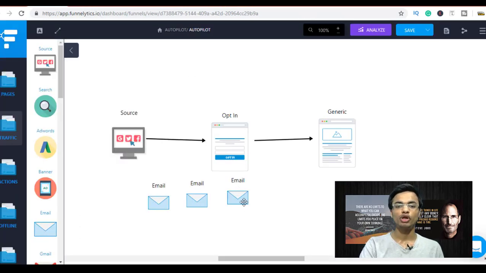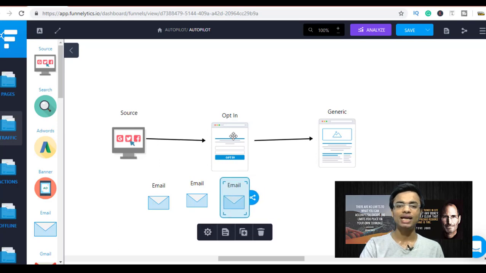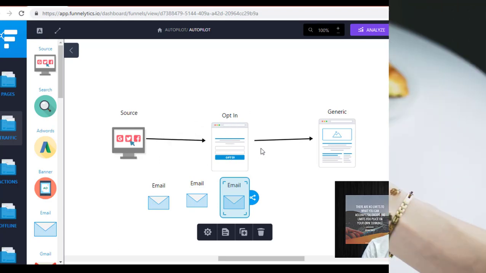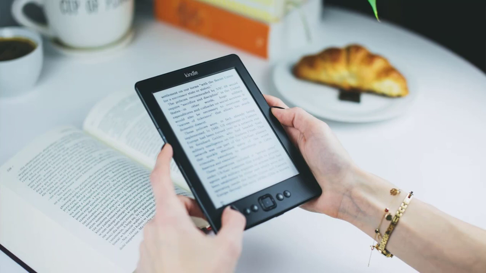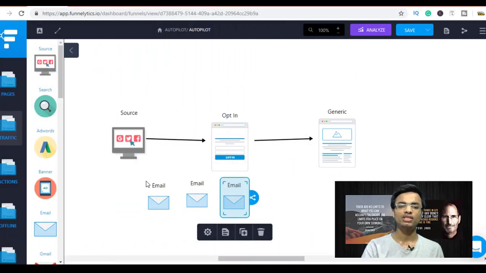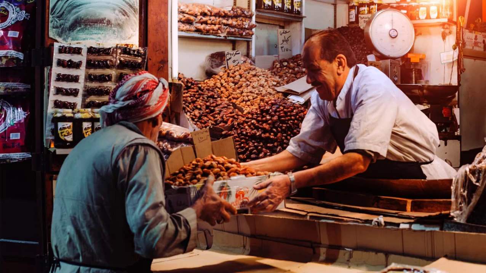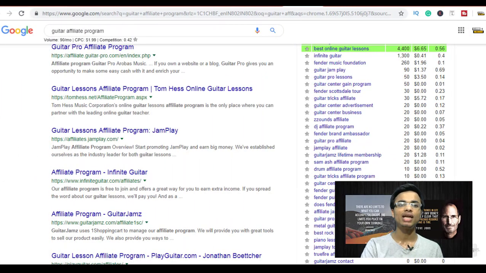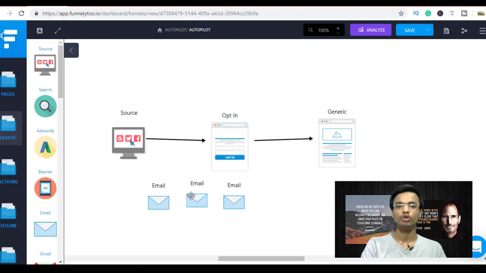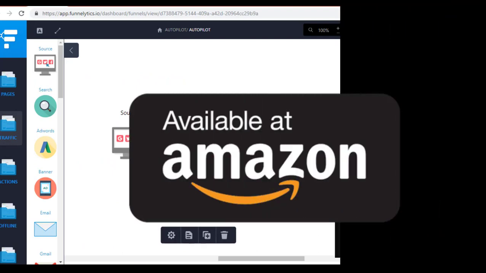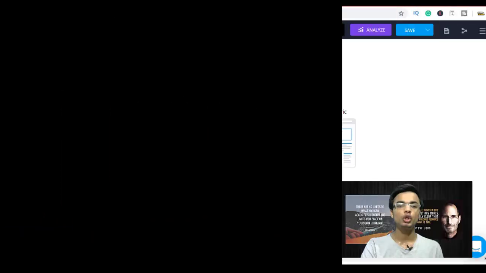So what you are going to do is start collecting emails on this opt-in page, and then send them emails. For example, on the first day, you promised them that if they give their email address, you are going to give them a free ebook of, like, 7 tips to play guitar like a pro. So you deliver that free ebook on the first day, and on the second day you can give them some more tips on how to play the guitar in a better way. Then on the third day you can start selling them a guitar course, or maybe you can start selling them a guitar. You can tell them, hey, this is a really nice guitar, if you want to buy this, you can check it out on Amazon. You can give them the affiliate link. So that's how you are actually going to make money.